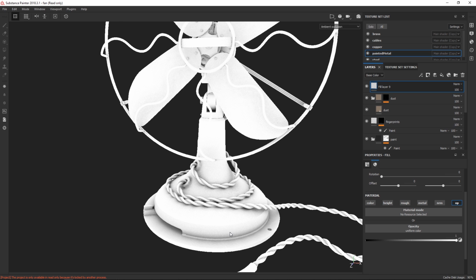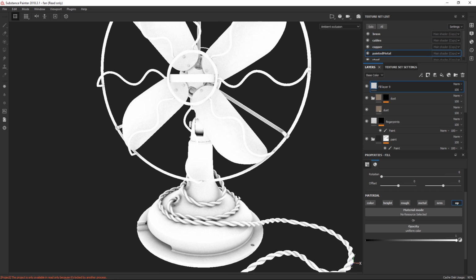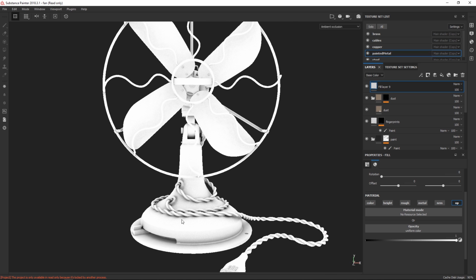If you want to use this to modulate the color map, it can be used to very quickly add dirt and wear and tear. You can see there at the base of the fan, you could have some kind of streaking and some dirt that's collected there at the base where the darkness is, because that makes sense with the AO.